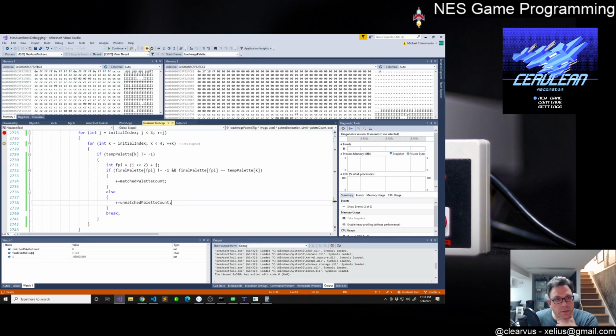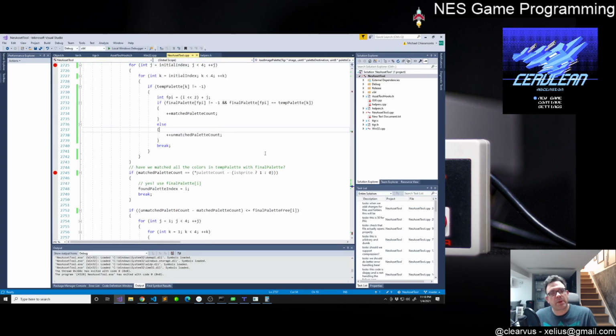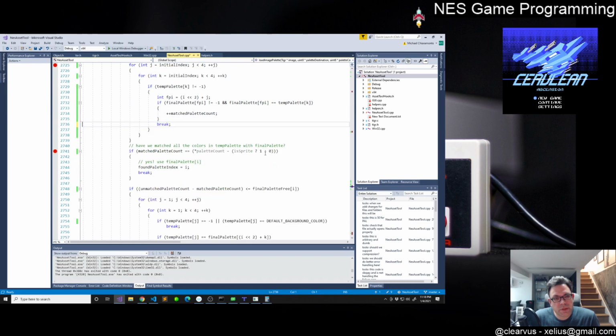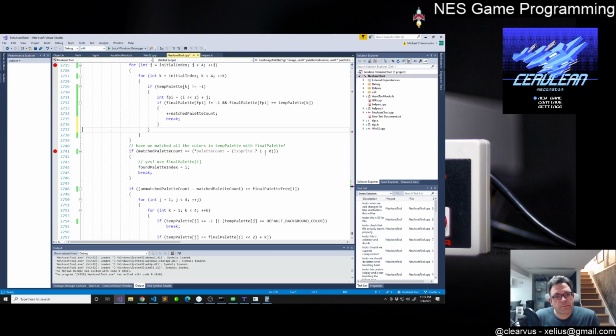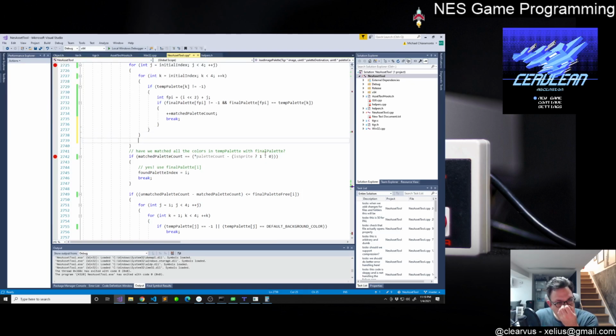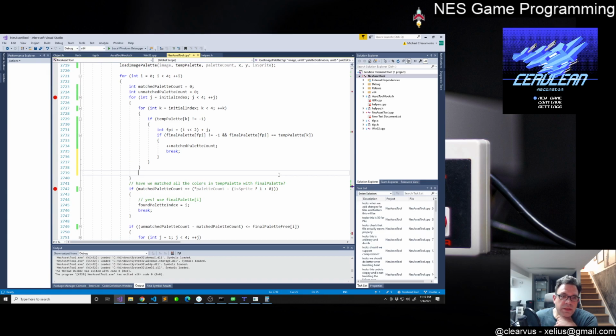Or actually, no, you know what the problem is? This is the problem. I made a mistake with this, so I prematurely am jumping out of this. If the temp palette K isn't -1, jump out here, and then if we get out here and the match wasn't found, then we need to say